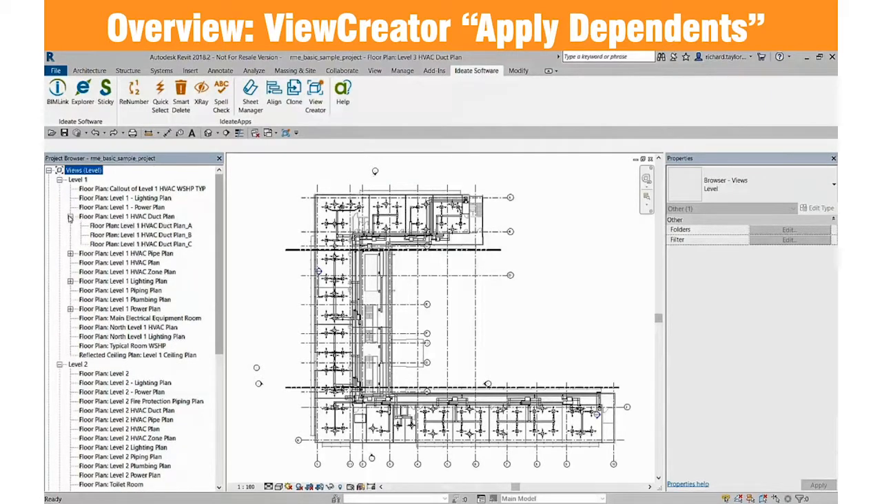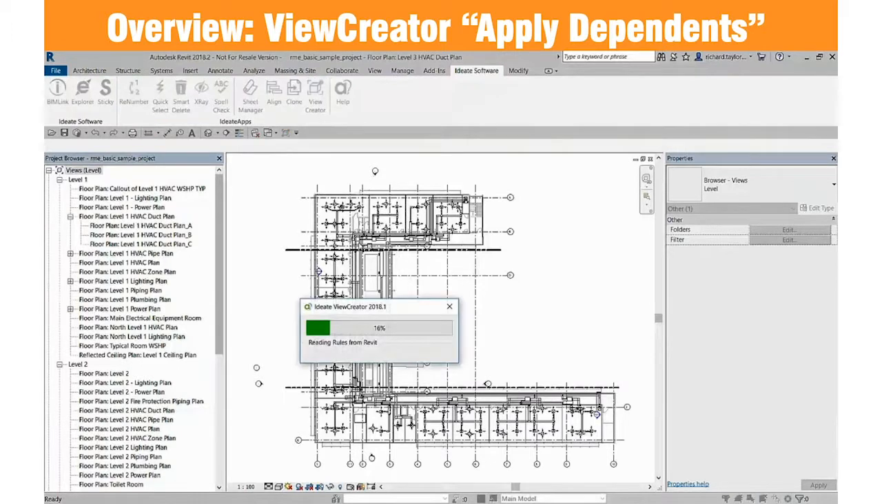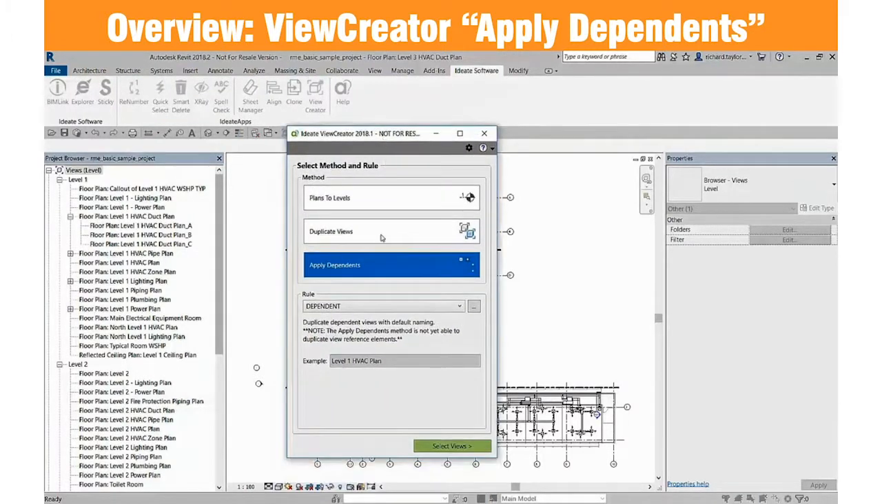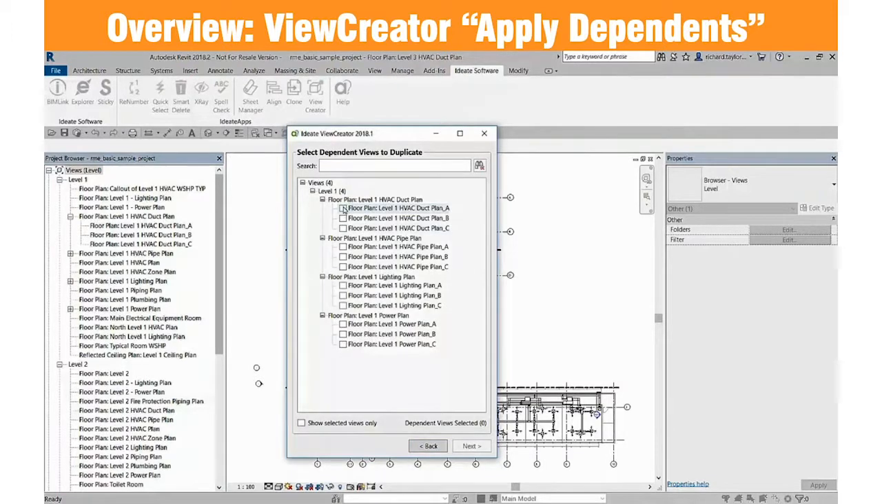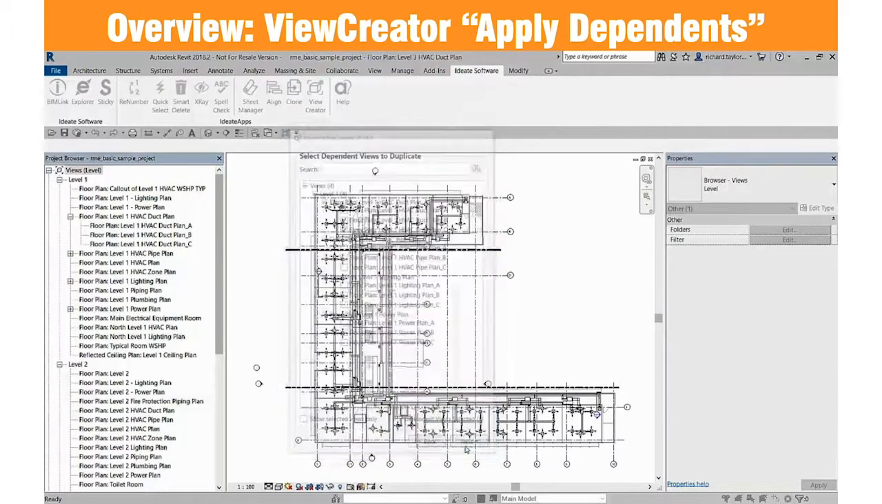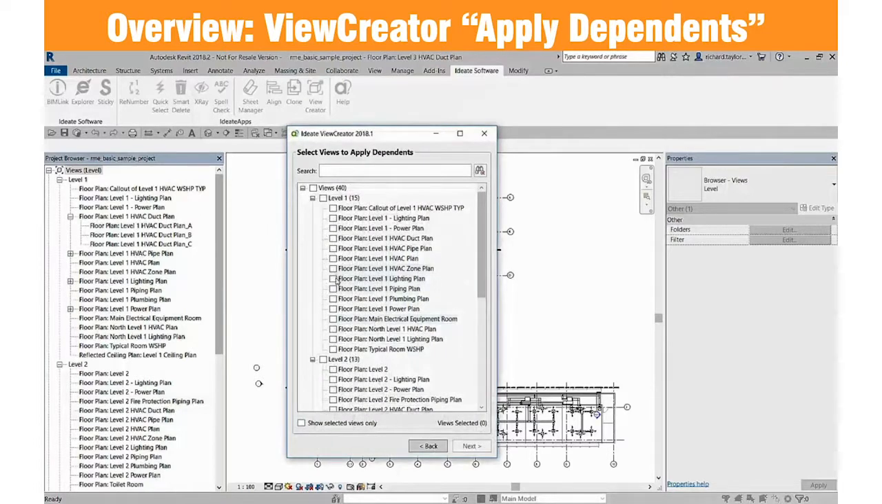And you'll see that already in this view I've created duct plan A, B, and C, which are the 3 quadrants, right? So it's like the left, the middle, and the right quadrant. And I've already set up the scope boxes and the crop regions to reflect that. So I just want to take that level 1 HVAC duct plan and those 3 dependent views and now apply those to other floors. So in this case, you'll notice I'm doing A, B, C as the left, middle, and